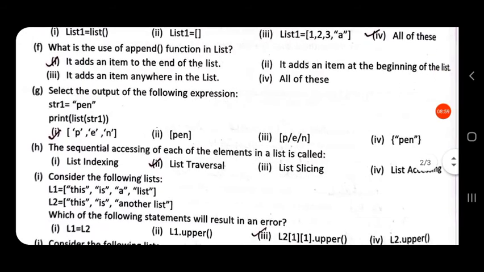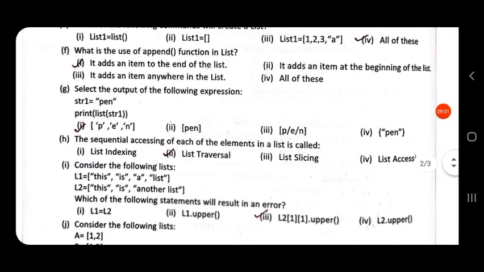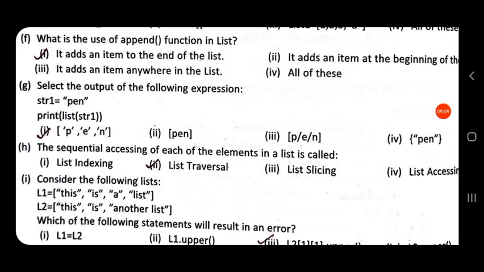Then select the output of the following expression. So here we have a string pen. Now when we convert the statement list(str1), the list function will convert this string into a list. So pen will be converted into a list with values p, e, n.